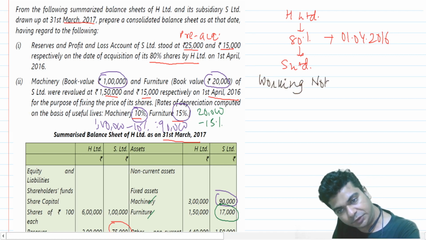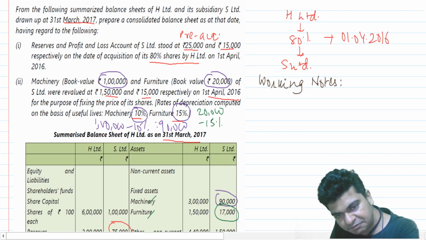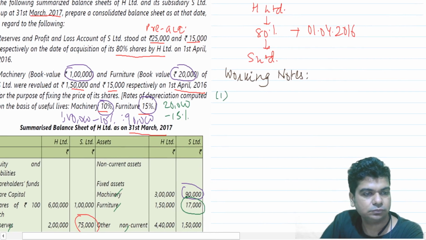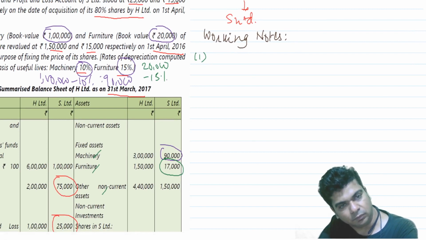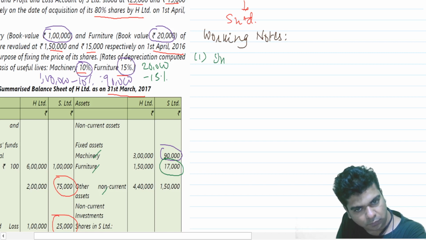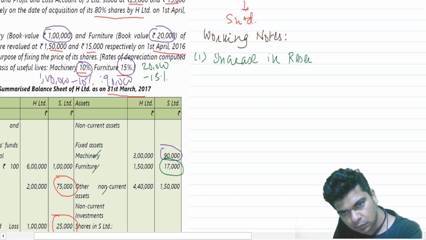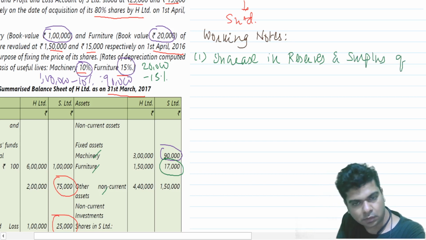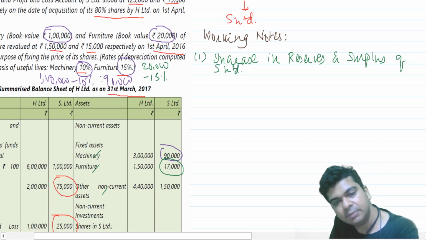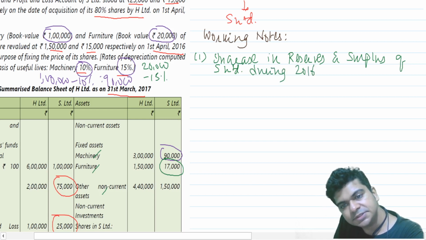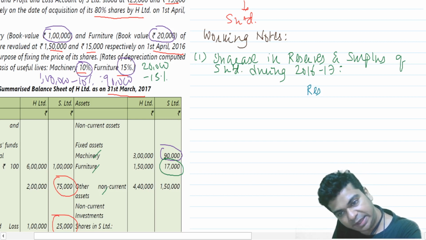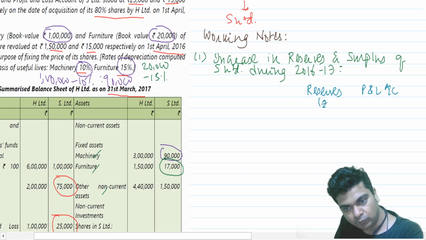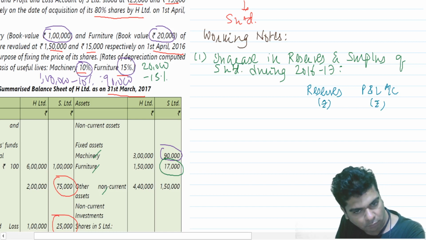Let's start with the working notes. The first one: increase in reserves and surplus of S Limited during 2016-17. We have reserves over here. We have profit and loss account over here. We start with the closing balance. We say balance on 31st March 17,